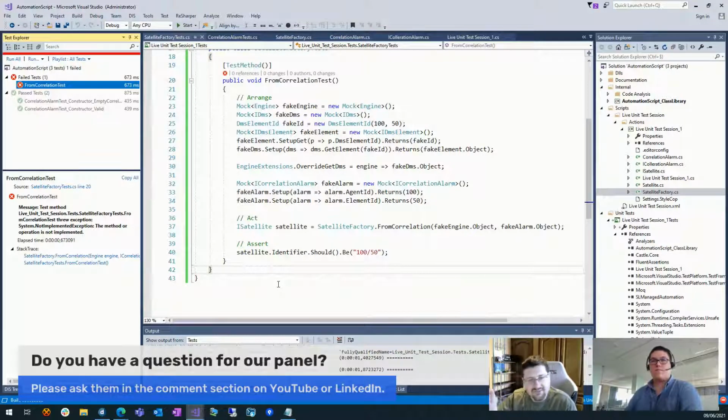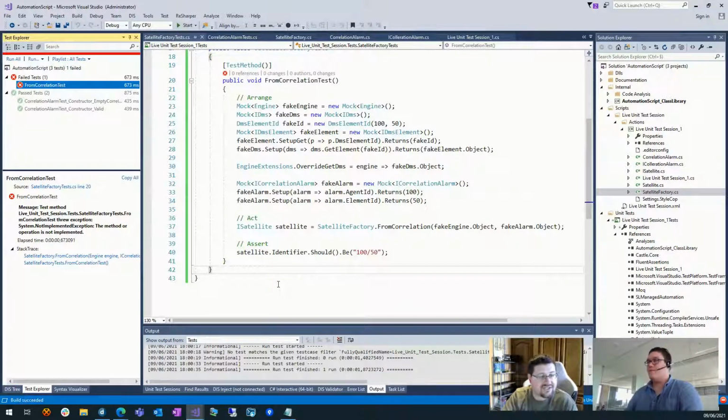I remember in the beginning when Michiel really just wanted to write IDMS in the factory. That makes more sense. Do that. Don't do what we're doing here. But this is just an example. If you have a method that contains the engine, and inside of that they're doing a get DMS, that's how you can override it and still unit test it.